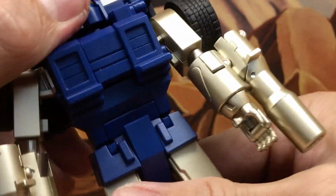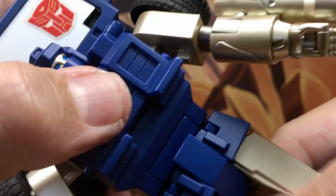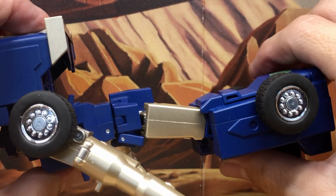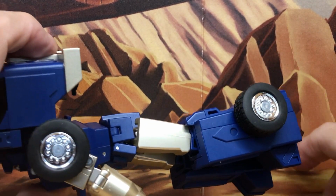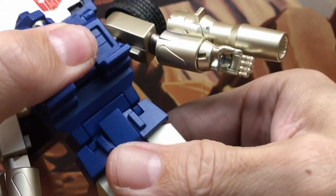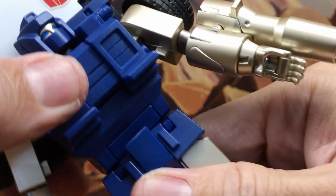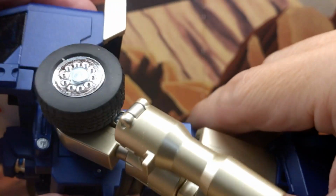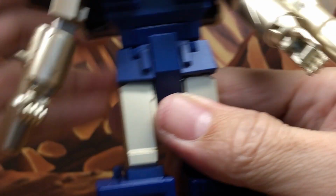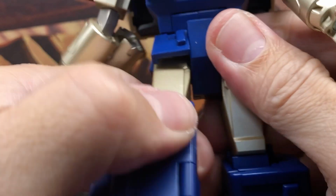And then down here, the waist, you do get waist rotation. I think it would have been better if they would have made it ratcheted, because when you transform it into vehicle mode, it's not going to roll right unless you get this all straightened out. So this is where I think a ratcheted waist would have been very useful. But you also get an ab crunch, which is really nice, and then the legs do go up and down